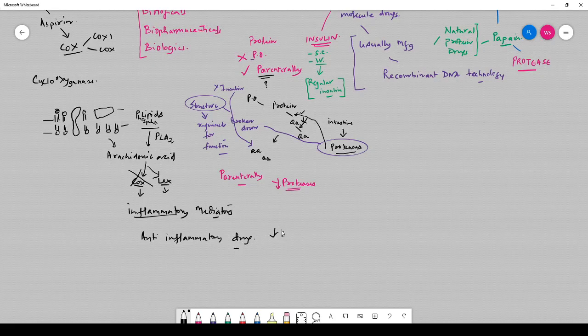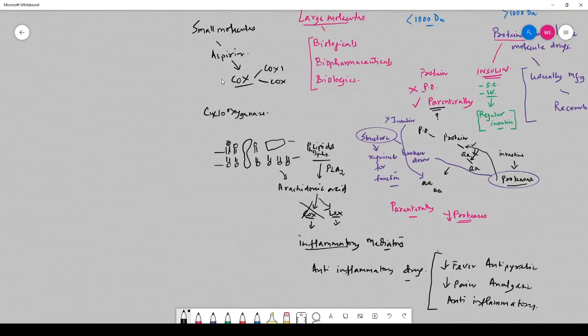So it reduces fever, it reduces pain, it's an analgesic, antipyretic, and anti-inflammatory. So, a small molecule is supposed to act only on one receptor. This aspirin is supposed to act only on the COX enzyme. But what happens is this aspirin